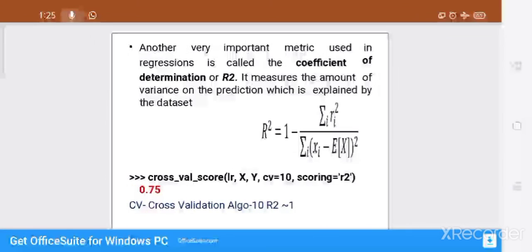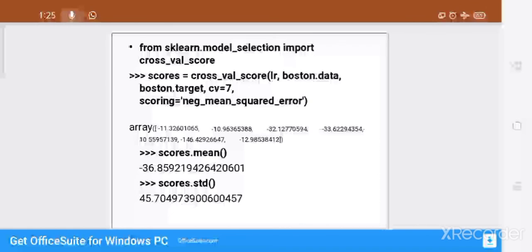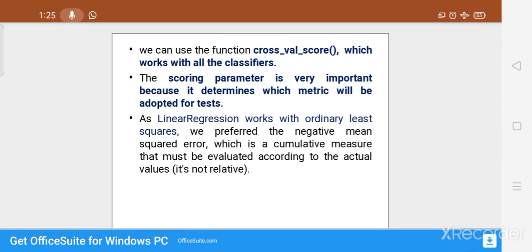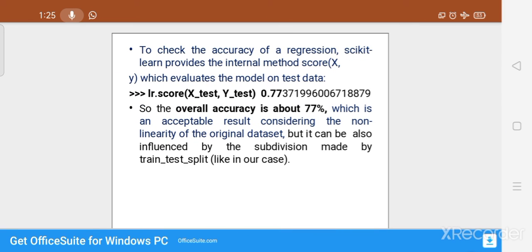So clear how to measure the accuracy? To measure the accuracy of the model, we have to split the original data set into testing and training. From the training data set we have to find the classifier or the classification model, and we have to apply it onto the testing data set. To find out the accuracy, we use the function score, which will calculate the accuracy.